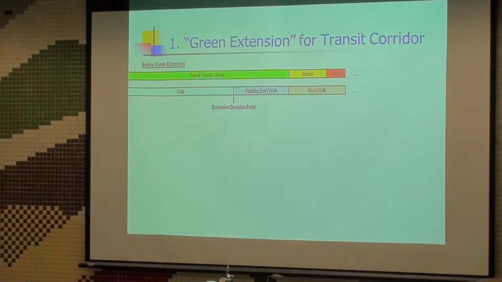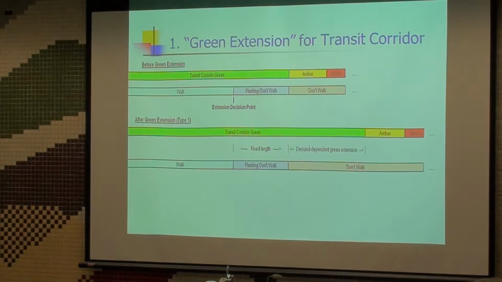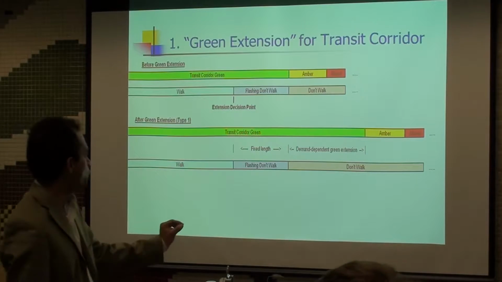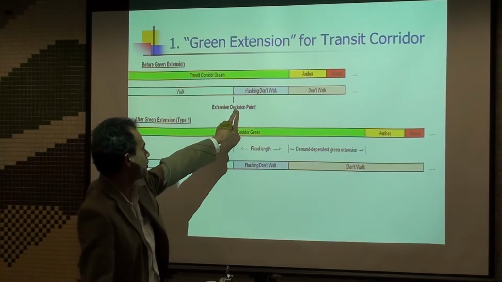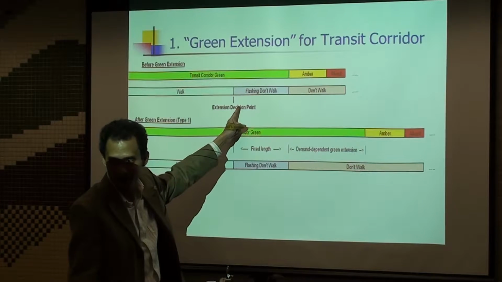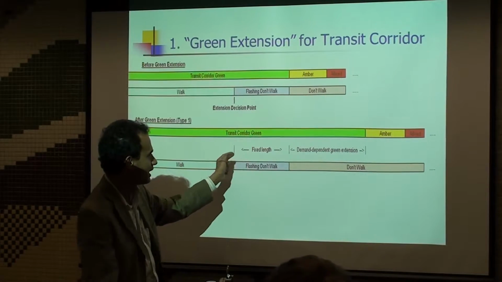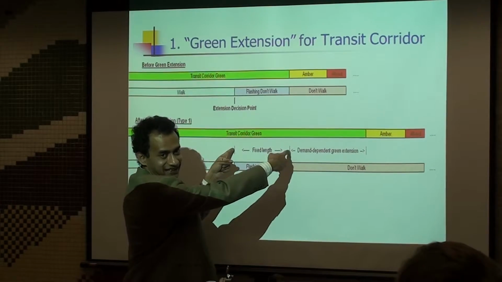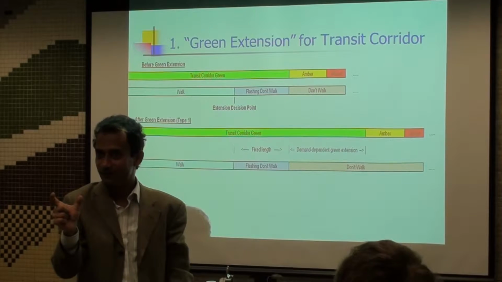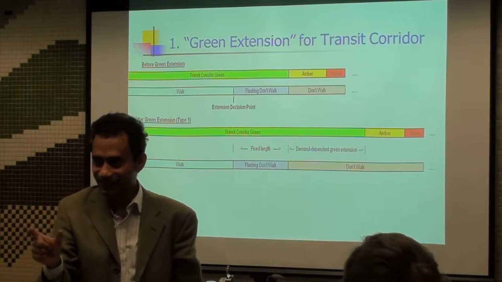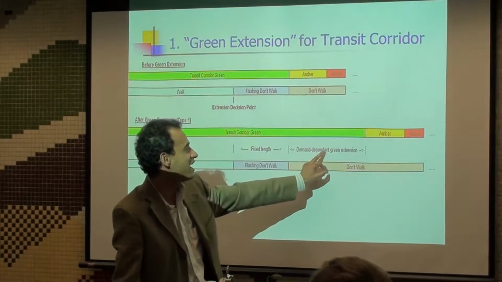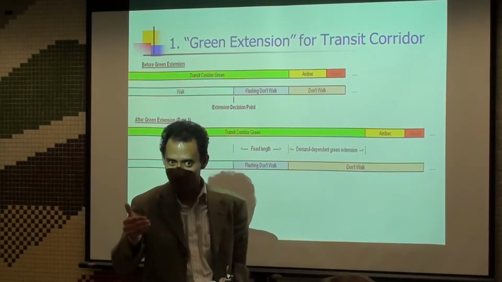I will explain how we do this. For example, since we know this is our extension decision point, we can either offer a fixed length of extra time for the green signal, and then have a demand-dependent green extension, meaning that we